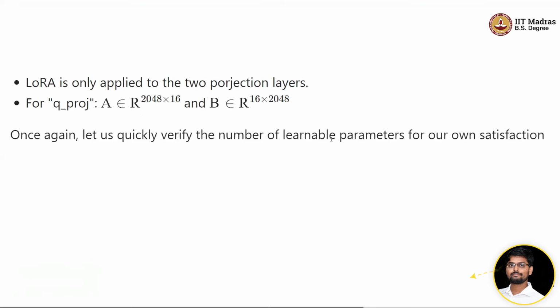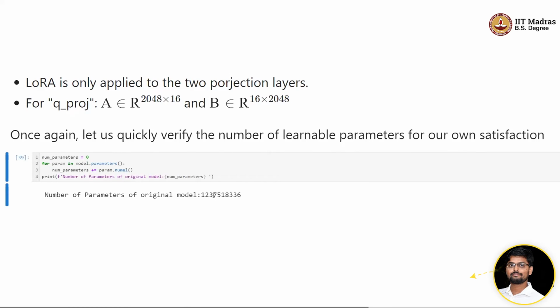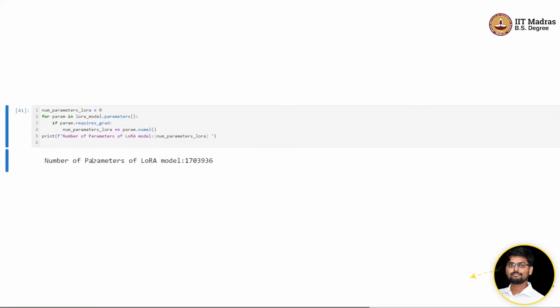As I mentioned earlier, we actually freeze the parameters, right? So let's manually verify whether we have frozen the parameters, meaning that for most of the parameters in the model, the requires_grad attribute should be false. So let's check that quickly. Let's calculate the number of parameters. It's 1.23 billion. Now we check the trainable parameters. The model has a lot of parameters like linear layers and all those things. Then we check whether the parameters require gradient. If it requires gradient, then we increase the count of parameters. And if we do that, we end up with the same number, 1.7 million. So the model parameters are frozen, right?